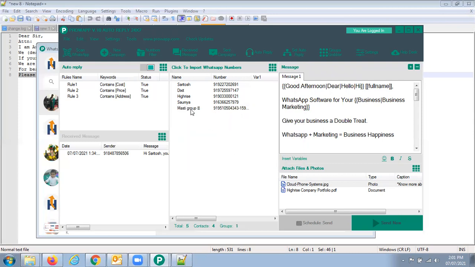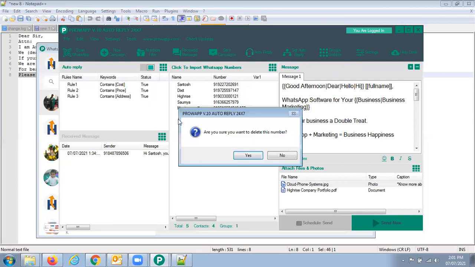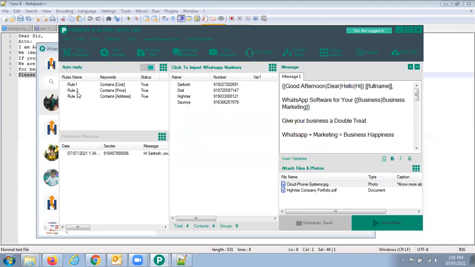Second thing I will show you again. Here you are seeing on the left side, rule 1, rule 2, rule 3. These are basically the auto replies. You know, sometimes you are sending some message to your unknown database, just like we have sent the message to your husband, right? And he has connected us to you so that you speak to her for this demonstration, right?